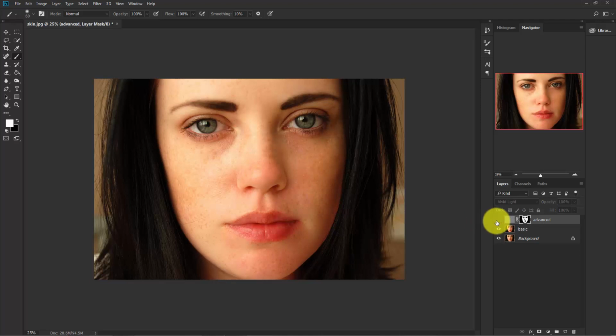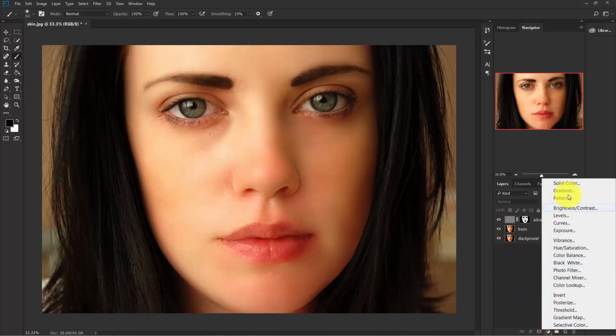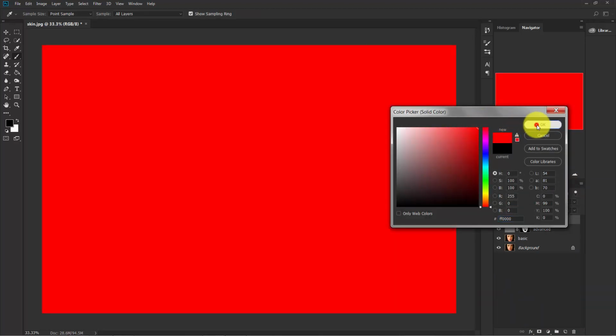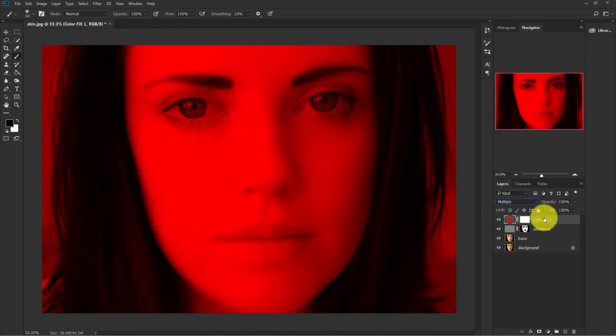Now see the before and after. Before and after. So now let's go ahead and create a new solid color layer, and choose red color and change the blend mode to multiply and change the layer name to lips color,